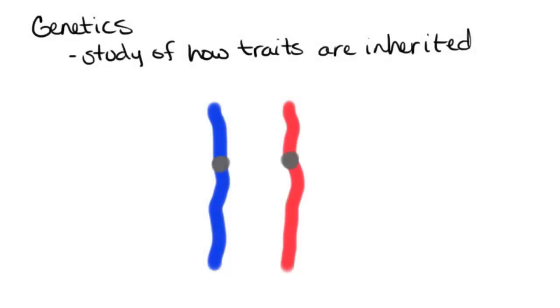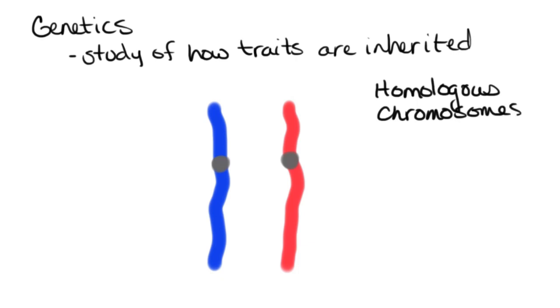Genetics is the study of how traits are inherited, or in other words, how different information is passed from the parents onto the offspring or onto the children. So one important concept to understand as we start to talk about genetics is the idea of homologous chromosomes. Homologous chromosomes are similar chromosomes. They have similar information,